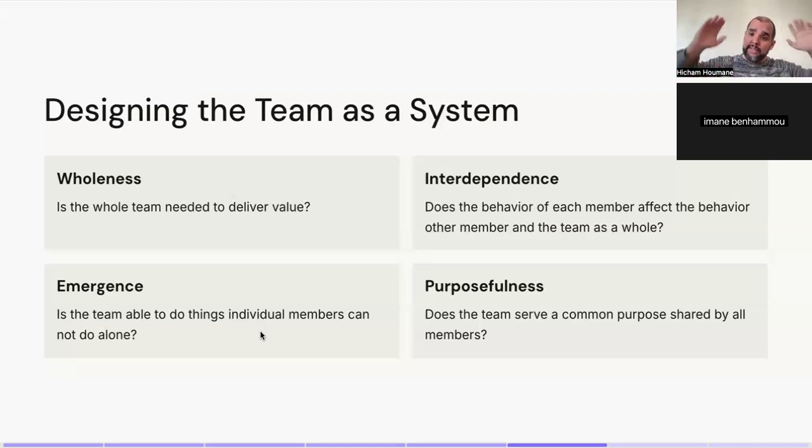And obviously, purposefulness. We need to have the same objective. Imagine we have a cross-functional team where we have a designer, a tester, a developer. And then at the end of the day, we are evaluating the tester based on how many tests he has executed. We are evaluating the developer based on how much code he has produced. And we are evaluating the designer based on how much design he has created. Now, in that situation, each individual's objective is to pass the evaluation.